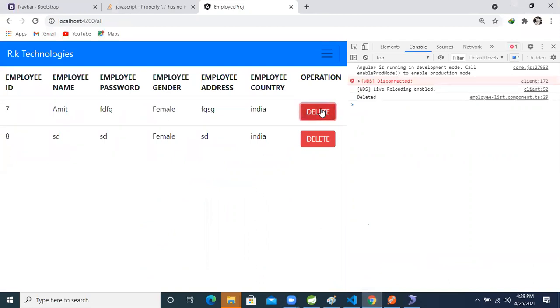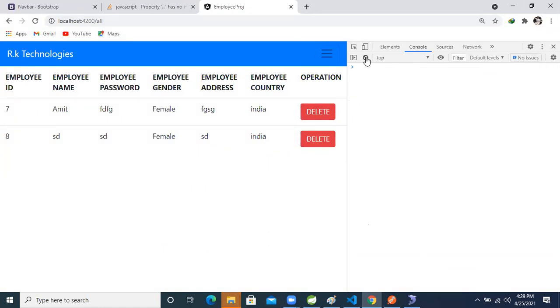Actually, it's taking time. Okay, everything is good. Okay, click. See, it deleted two times. Here we are getting the message, which means this delete button has started to work now. Click delete again. Two times delete, three times delete, it started to work now.